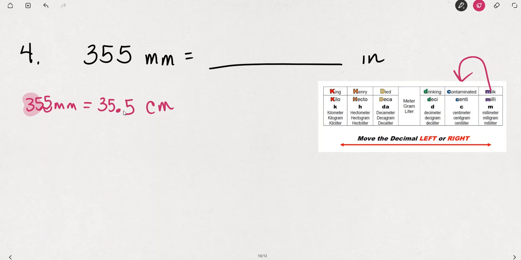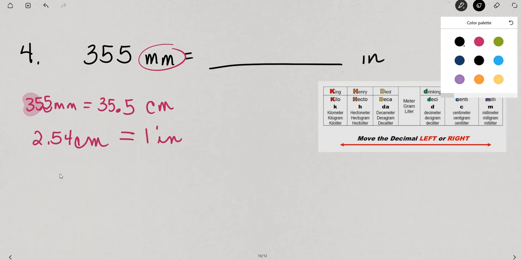So this example is a two-part example. It's relying on me changing the millimeter to a centimeter first because the unit conversion I have from the metric to the English system is that 1 inch is equivalent to 2.54 centimeters. I don't have any conversion factor that I've memorized or that's on the chart that goes from a millimeter to an inch. So I'm going to change the millimeter to a centimeter, and now it'll be easy to do the